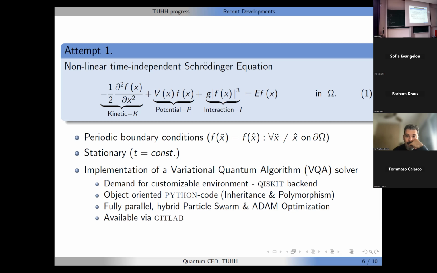time independent and nonlinear. And we solved that in the domain omega, which we took first of all just as a 1D finite set. I think in the beginning we started with 4 discrete points, and now we are ramping a little bit up. But this is how the domain looks like. And we imposed, of course, no boundary condition, since this was also too hard. So we went for periodic boundary conditions in order to simplify really the aim of the problem as much as possible. Stationary time already said that.